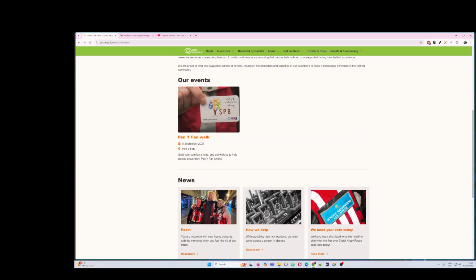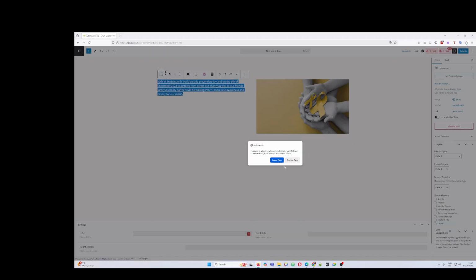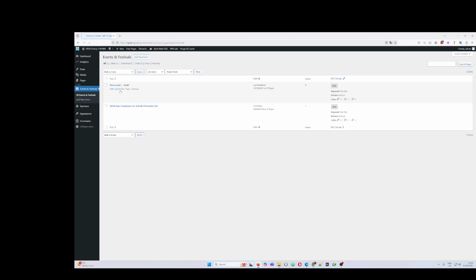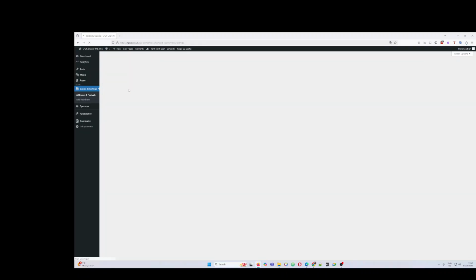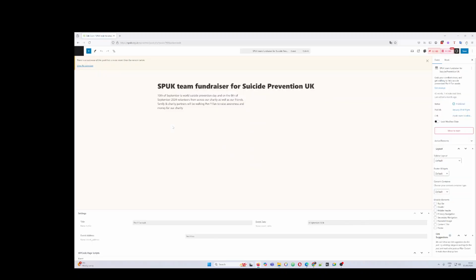The difference between the news and the events is this is when creating it. If we go to it, let me just come out of this one now. Let's just leave this page. Let's trash that because I don't want a draft hanging around. If we actually go into this one here that I copied a second ago,